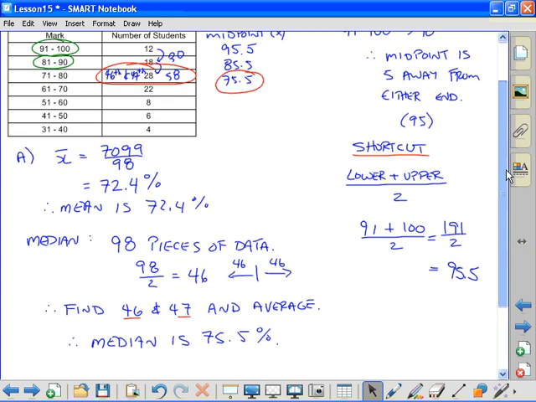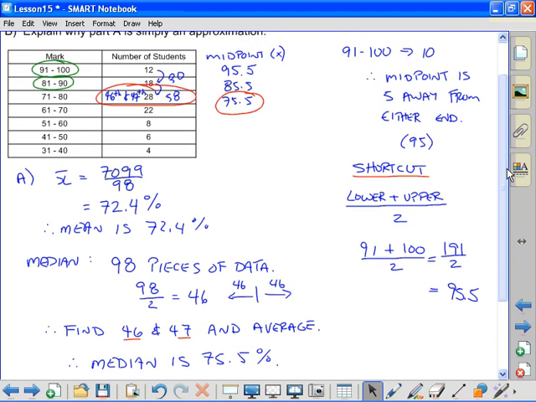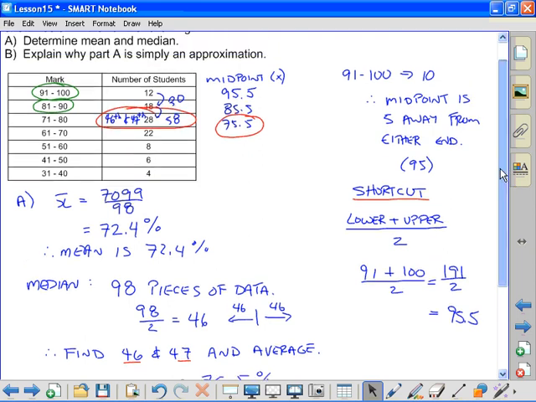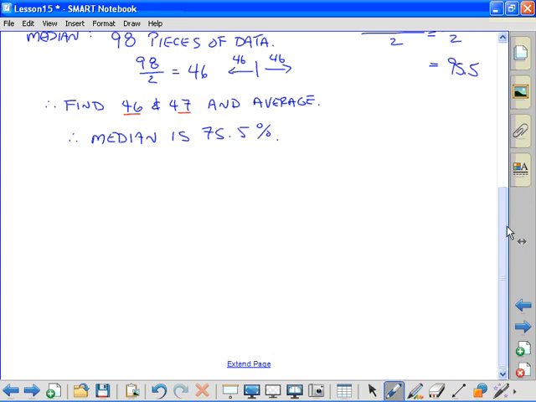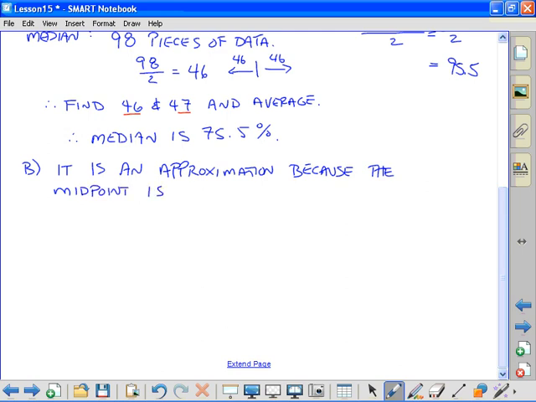All right, so question A is answered. We're dealing with data in a different form, but the actual formula and process is very similar. So part B: explain why part A is simply an approximation. We talked about that on the previous slide. It is an approximation because the midpoint is an average of the interval